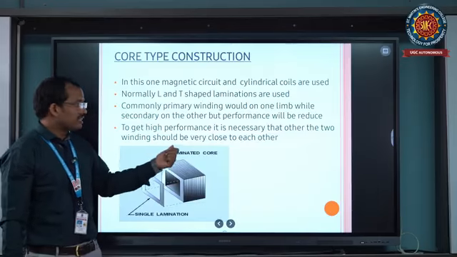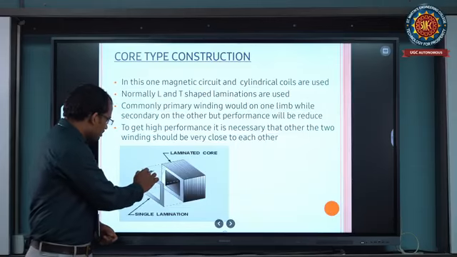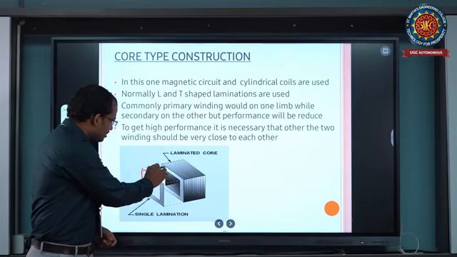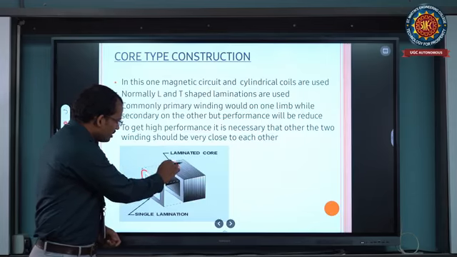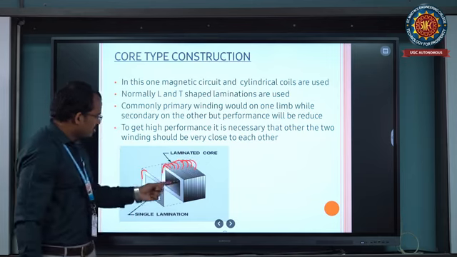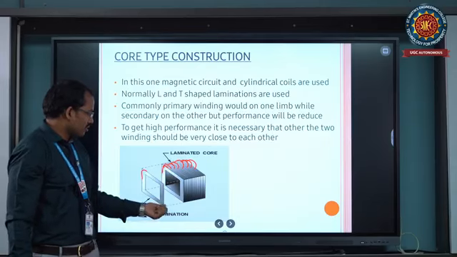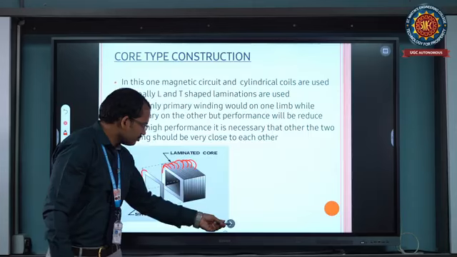So already we have discussed the shell type and core type. So this is the number of layers of the transformer. This is layer 1, and each layer one by one sandwiches the number of layers, so they compress the number of layers. So these are the laminated layers of the transformer. And next one,